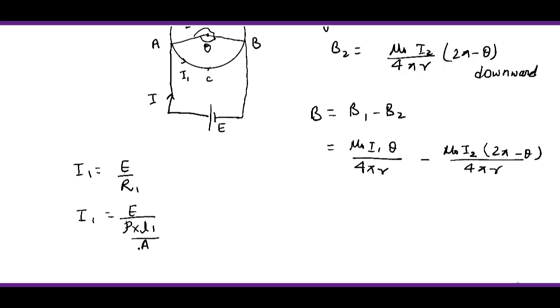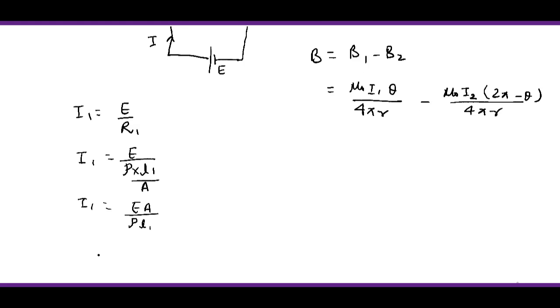एरिया ऊपर चला जाएगा, तो E अपॉन ρ L1 इंटू A, और लेंथ हमारी आर्क लेंथ है। आर्क की लेंथ को हम थीटा इंटू रेडियस लिख सकते हैं। तो I1 की वैल्यू होगी E A अपॉन ρ r थीटा।